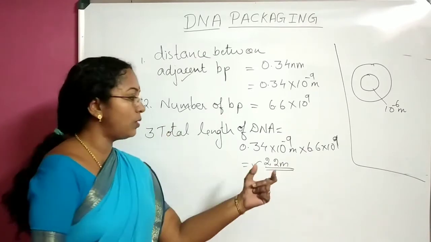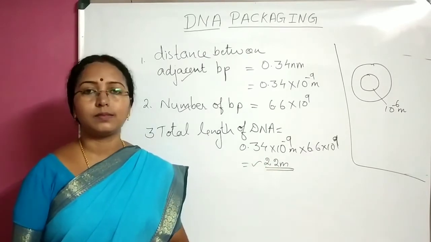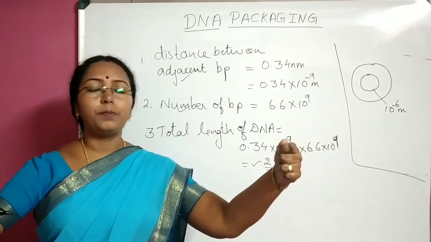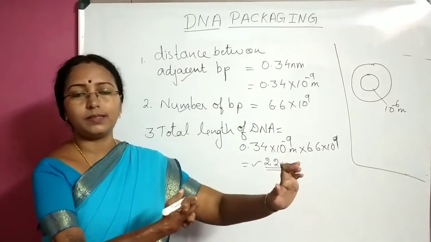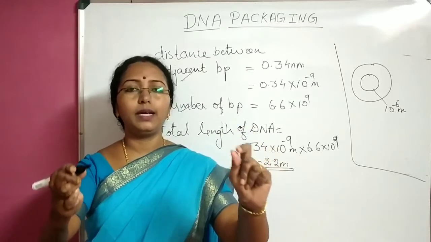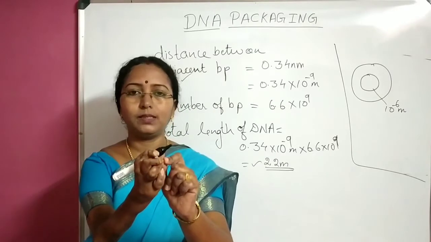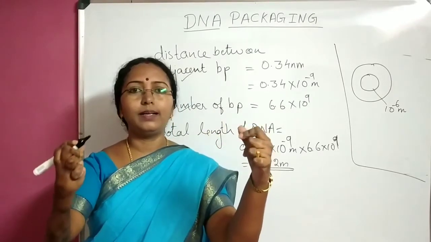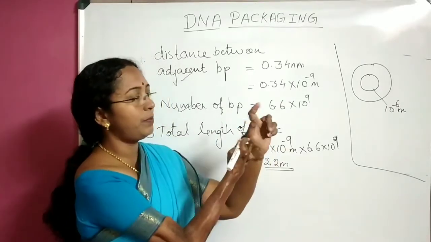And inside that, what is present? A 2.2 meter long thread is present. So inside the very small area, a 2.2 meter long thread should be packaged and kept inside. If you simply take a thread and try to coil it, it will shorten, isn't it? It will shorten and occupy a very small space. Like the landline telephone wire, it starts coiling first and then comes together in a very small space and is kept inside.